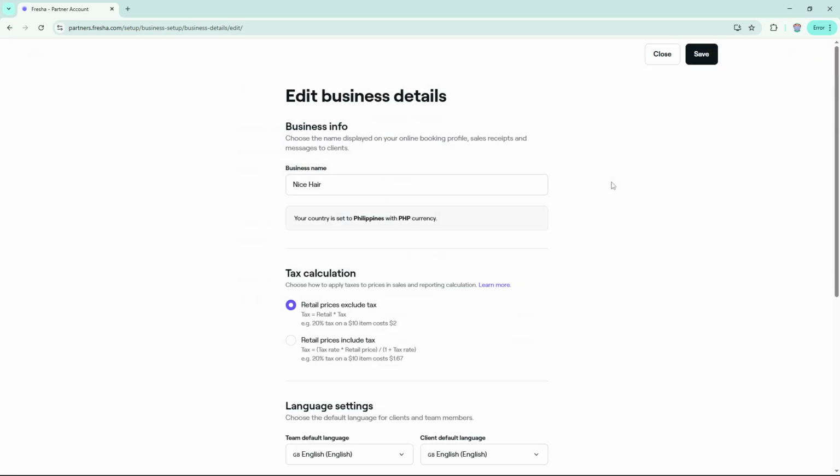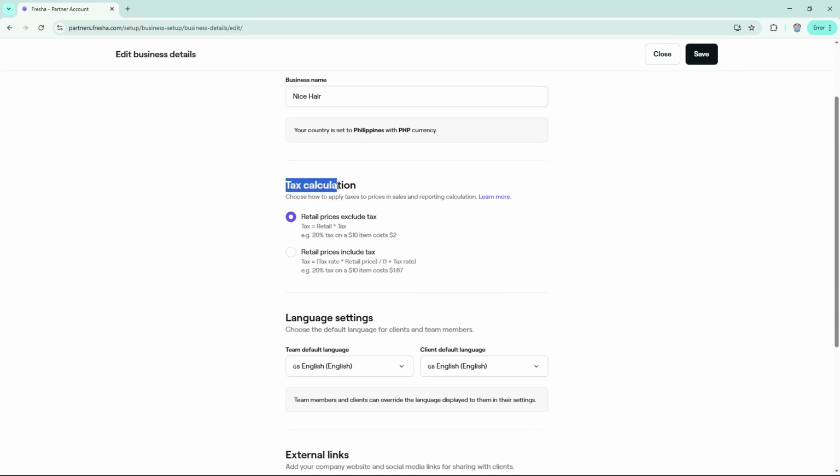Now focus on the tax calculation area. This is where you can set your tax preferences. You have two primary options here. You can choose for your retail prices to include tax, or you can choose for them to exclude tax. The option you select totally depends on how you want to present prices to your clients and how taxation is